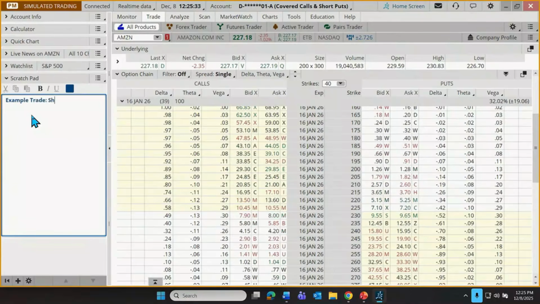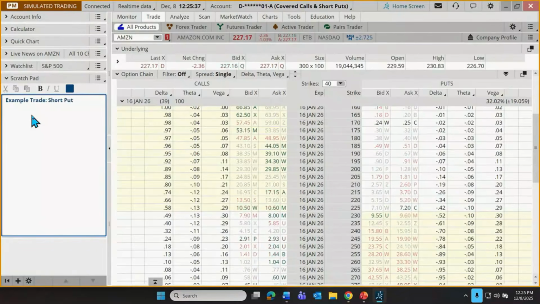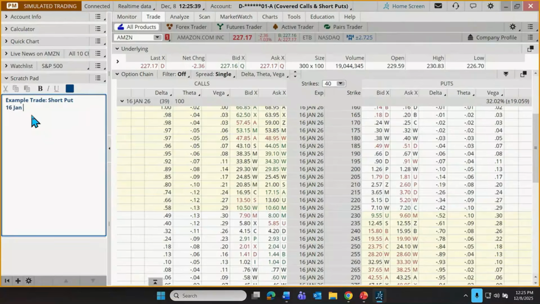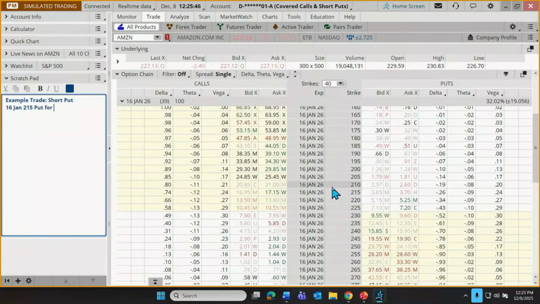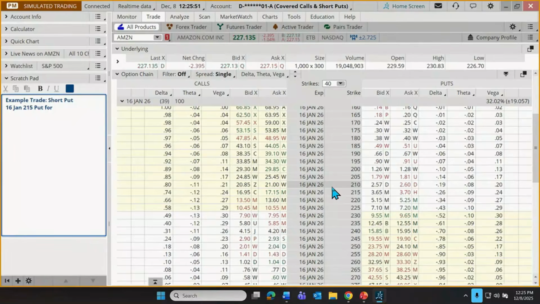We're going to sell a short put, and specifically the 16th of January 215 put. That looks like that's trading still about 370. It looks like it slipped a little bit, 360. Maybe the stock went up a little bit, made the puts a little bit less valuable. Let's call it 365. That's kind of a realistic number to use at the moment until we see what we can actually get this filled for.